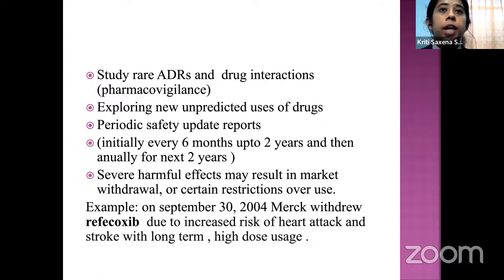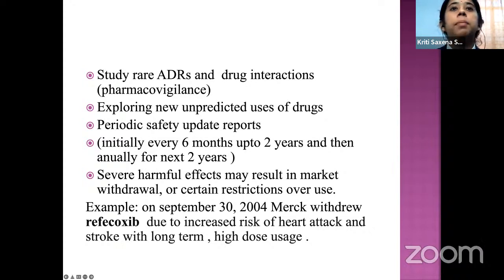Here, the study of ADR, that is adverse effects, is done, and the drug interactions, which come under pharmacovigilance. Pharmacovigilance is a stream of science that deals with the ADR, their monitoring, and their control. It helps us to explore new unpredicted uses of drugs. For example, minoxidil was initially used as an antihypertensive, but the novel use, which was earlier a side effect, that it causes hair regrowth, is now being used as the major use of the drug,